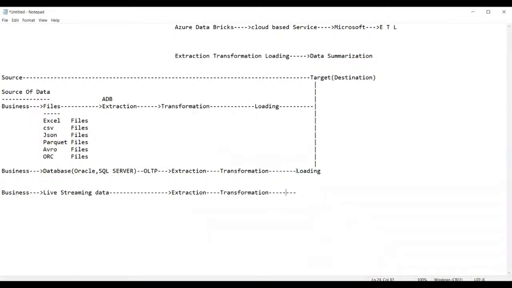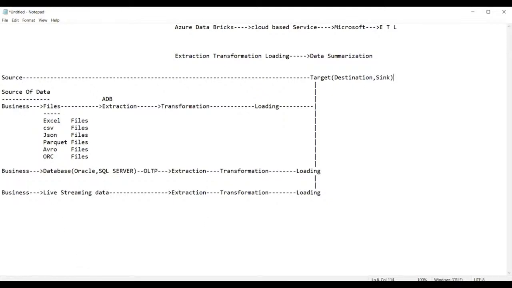We load the data into the target, guys. So all this data, whether it is source data, destination data, or whatever data you have, will finally be recorded into the target. That is called the sink system. In Azure, the destination is also called the sink system, guys. Okay. So now can you see here?